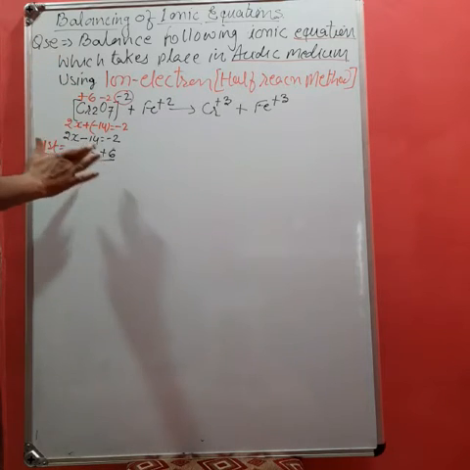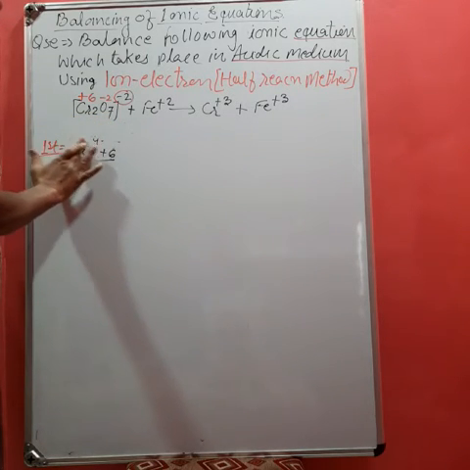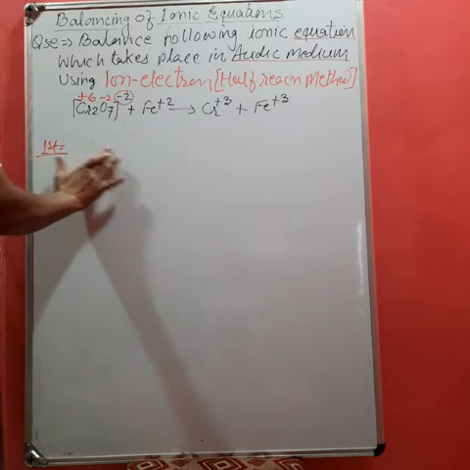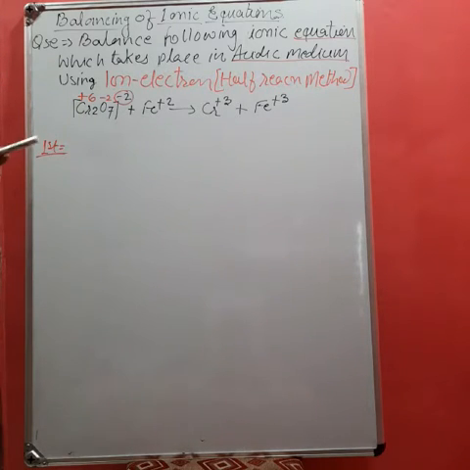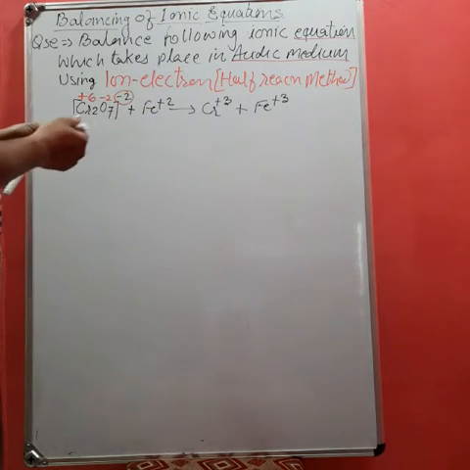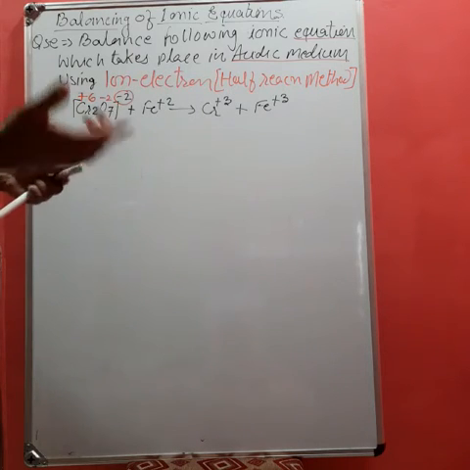Now, you need not write it. This is only for example. You have to make such a practice that you can find the oxidation number very easily and rapidly. Getting? Otherwise, it will cover unnecessary space here. Now the second step is what? The second step is to find oxidation and reduction.